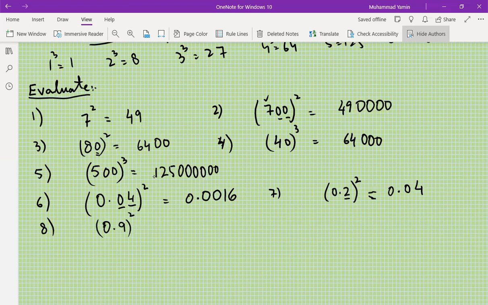0.9 square. First of all, the square of 9 will be taken as 81. And then we'll count the decimal place. Here in the question, the decimal place was 1 digit after the decimal. So here we need to have 2 digits after the decimal. So right now already 2 digits are there. We need to put a decimal here only. Same way, if it is cubed,